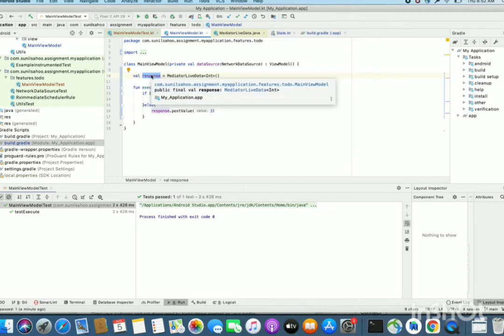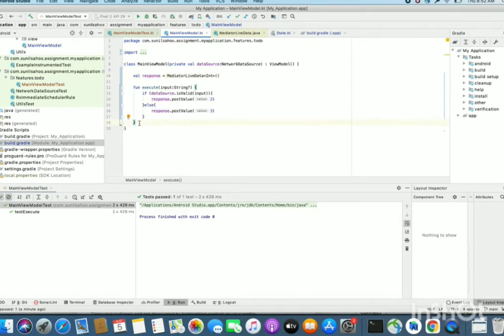We will write another method, get response, and then we need to mock the response and mock the post value functionalities, then only we can verify. Okay, now let's see that approach.